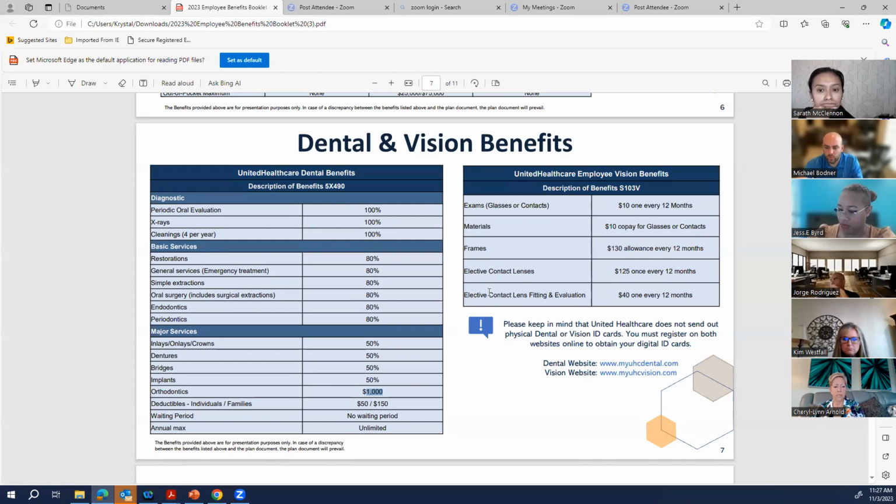No? I do want to make a note, United's going green and they're not giving dental or vision cards. So you're not going to receive a dental or vision ID card. Just be aware of that. We get a lot of calls like, hey, I need to go to my dentist, I don't have a card. You can just tell your dentist that you have United,